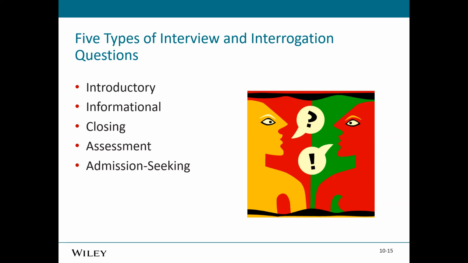After we've gotten that willingness to help, we can transition into some of the informational or assessment questions. We want to make sure we're not promising confidentiality. The information is going to be shared with others, but only on a need-to-know basis. In the informational questions, we're actually gathering facts from the interviewee. We can ask open-ended questions, closed-ended questions, or leading questions to try to get that information.